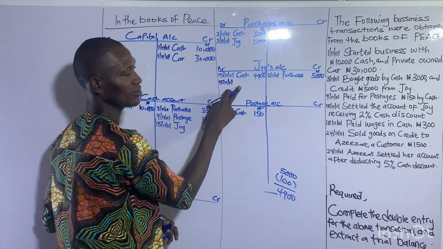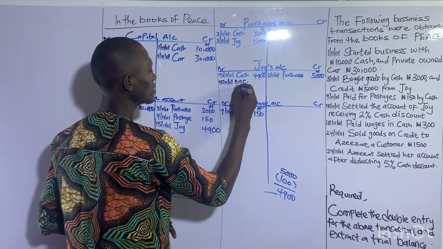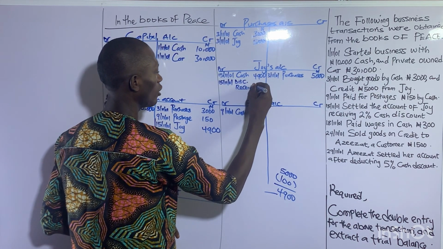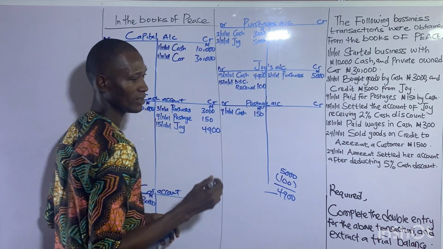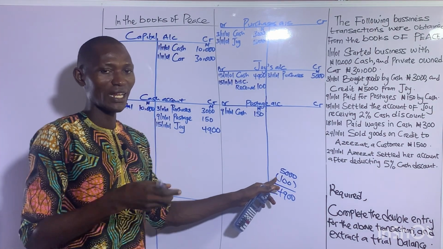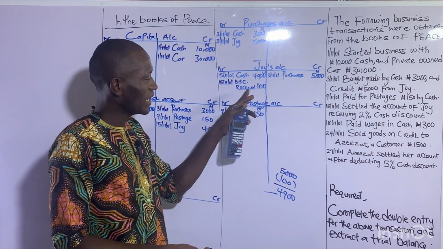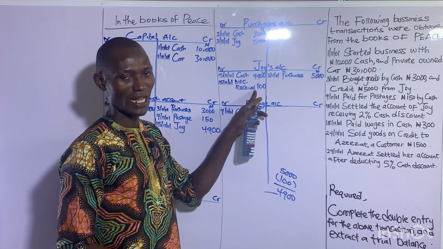That's discount received of 100 naira. So this 100 naira now that was allowed as discount to Peace will reflect in Joy's account as a debit